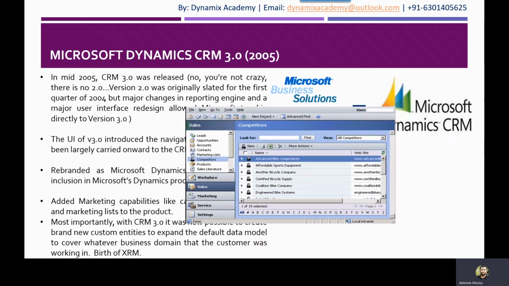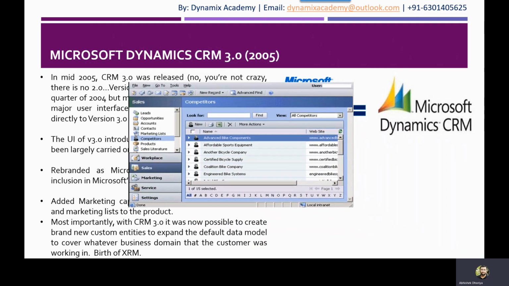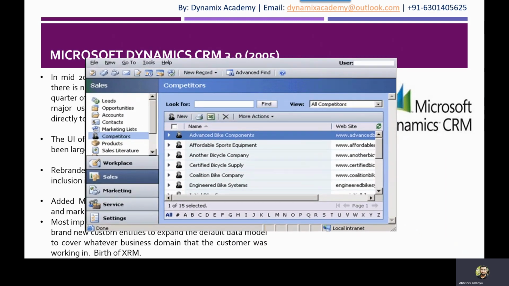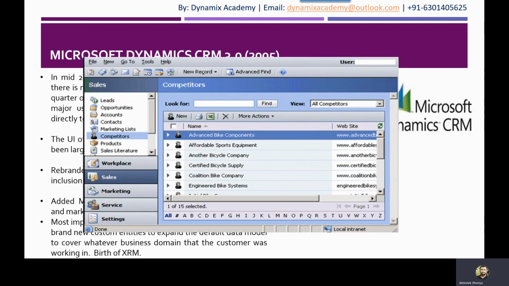So this is what the homepage of the 3.0 version looked like. You can see that a left-hand navigation pane was introduced, and workspace, sales, marketing, service and settings areas were introduced on this page. So this structure remained as it is for almost 6 plus years. So let us now see